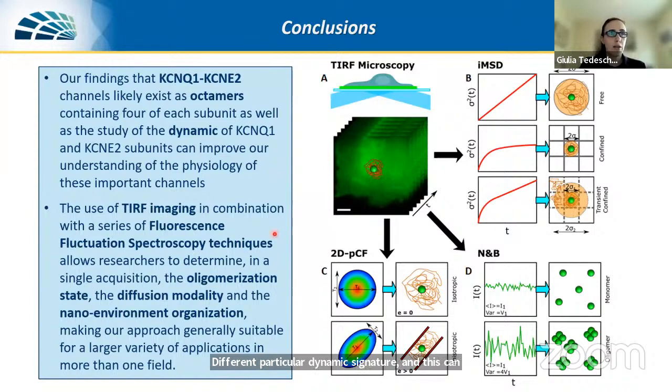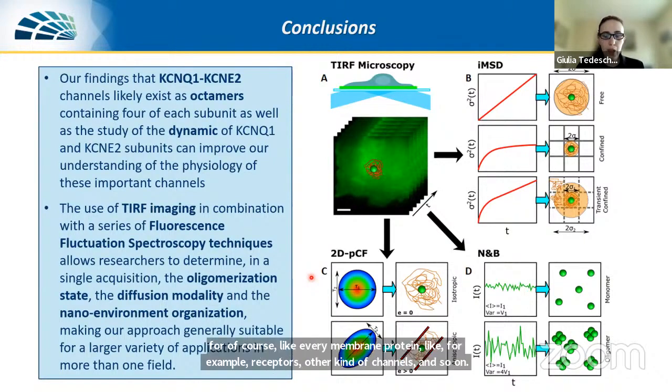We also demonstrated that using TIRF imaging in combination with these fluorescence fluctuation spectroscopy techniques is a really powerful tool, and it allows us to determine, with a single data set acquisition, the polymerization state, diffusion modality, and nano-environmental organization. This can be applicable not only to this field but, of course, to every membrane protein, for example receptors, other kinds of channels, and so on. It can also be used to monitor, for example, the effect of drug treatments and so on. So with this,